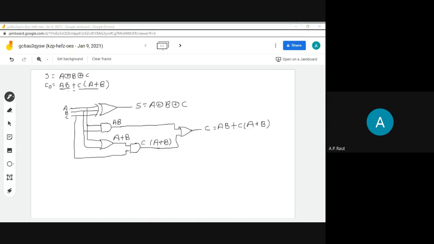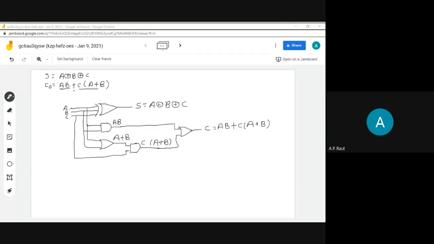Then next, full adder. What is meant by full adder? Ma'am, the full adder is a combinational circuit that has three inputs and produces two outputs. Okay, good. So full adder is a combinational circuit. It contains three inputs and two outputs, and the outputs are again in the form of sum and carry.